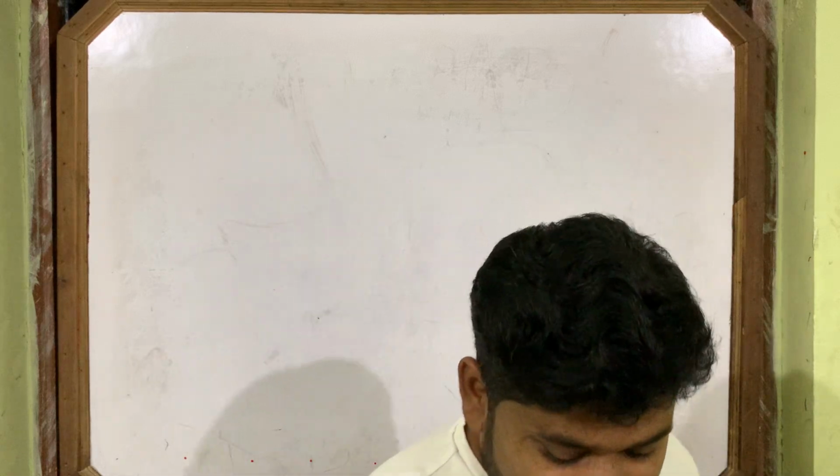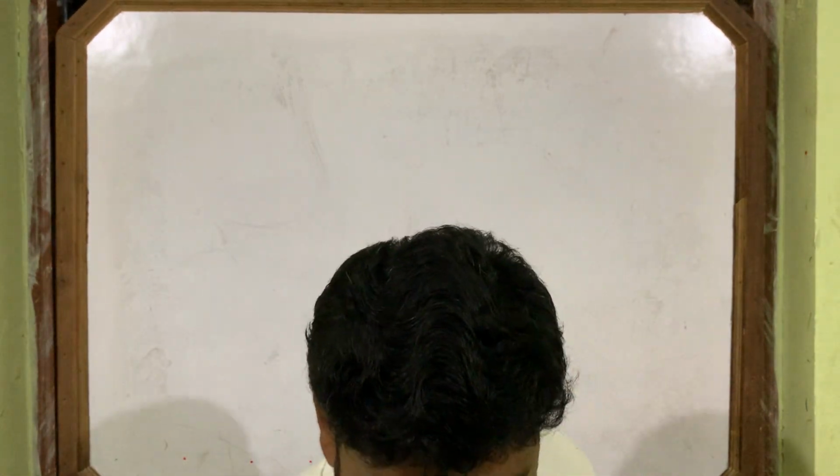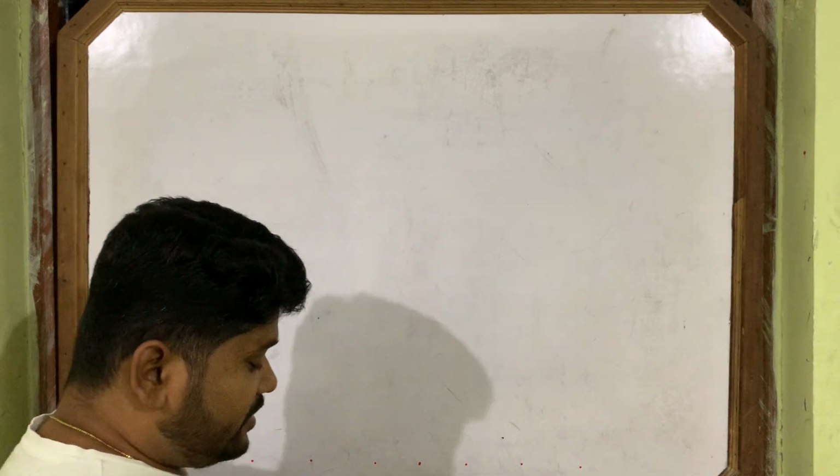Dear friends, this is lecture number 6 of vectors. As you know, in the previous lecture, we discussed the components of a vector in 2 dimensions as well as in 3 dimensions. But in this lecture, I am going to discuss how vectors are multiplied, the product of vectors. So this is one operation of vectors, product of vectors.